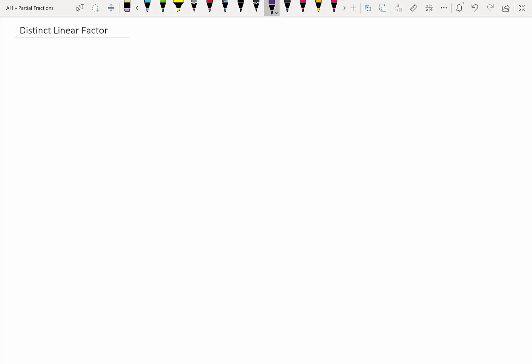So here we're going to start looking at partial fractions. In particular, the kind we're going to look at are the distinct linear factor kinds, but we'll worry about that more in a little bit. So hopefully by now we should be able